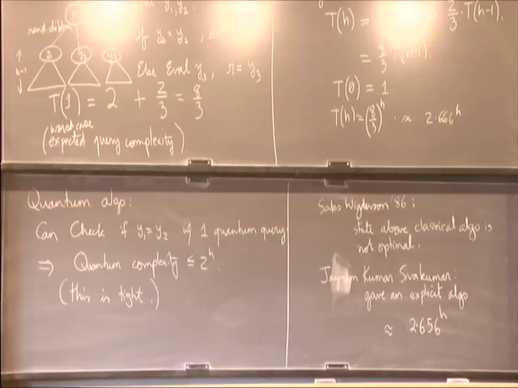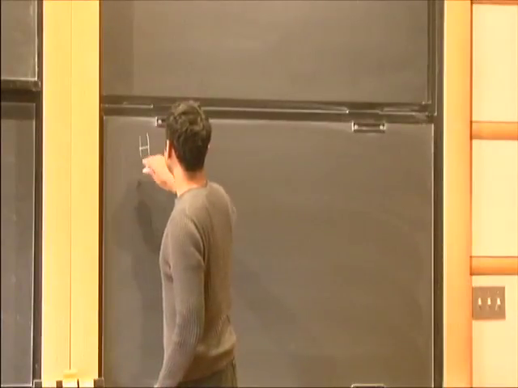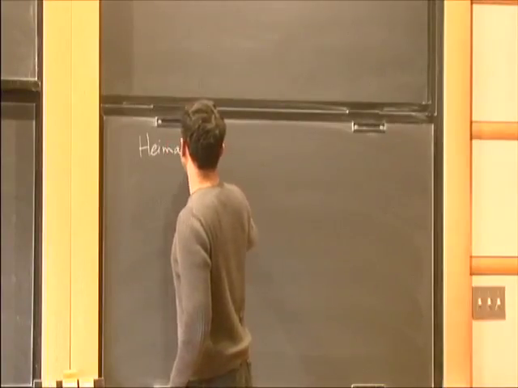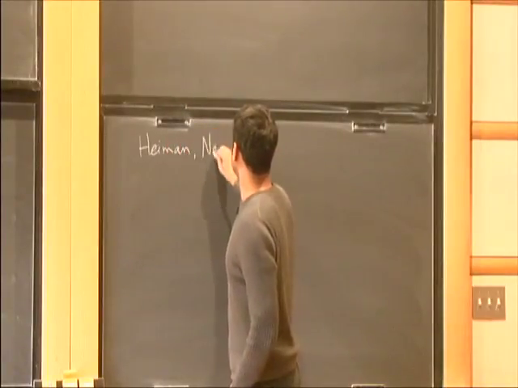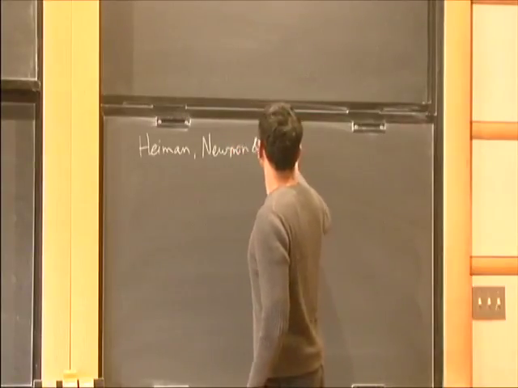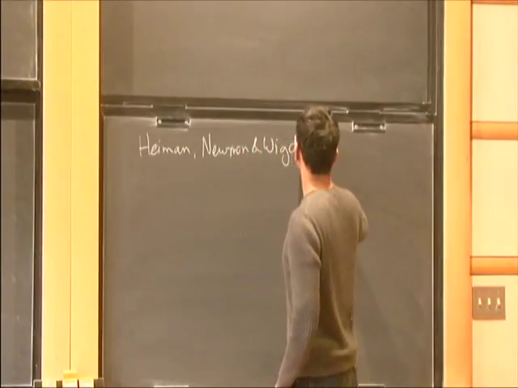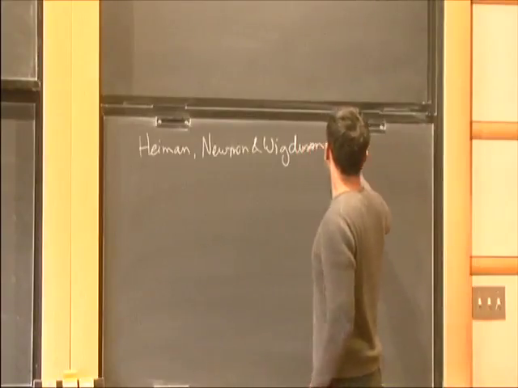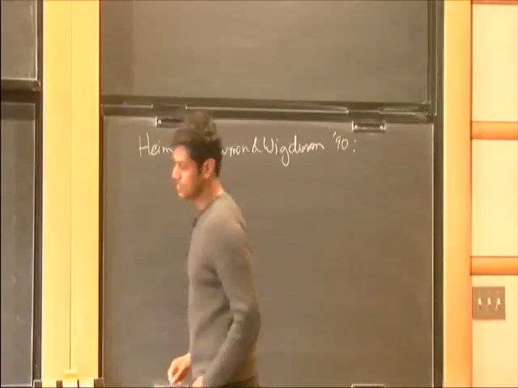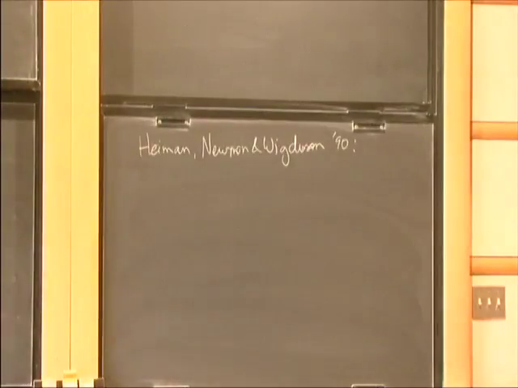So I guess there was this lower bound due to Hyman, Newman, and Wigderson from 90, which said that any threshold formula of depth d, so something of this sort, recursive majority of 3,